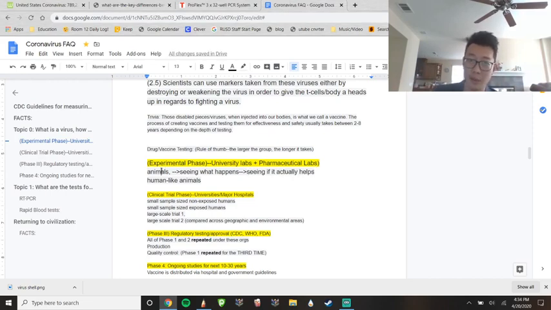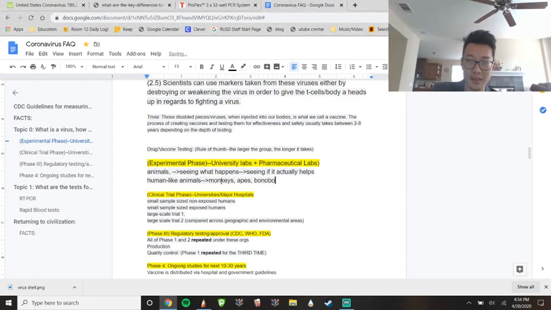Once you're done with animals like mice and rats, then they have to move on to human-like animals because it could react differently. This vaccine could react differently in different creatures. So we haven't actually tested in humans yet, just mice and rats. Then they tested in human-like animals. This could be like monkeys, apes,